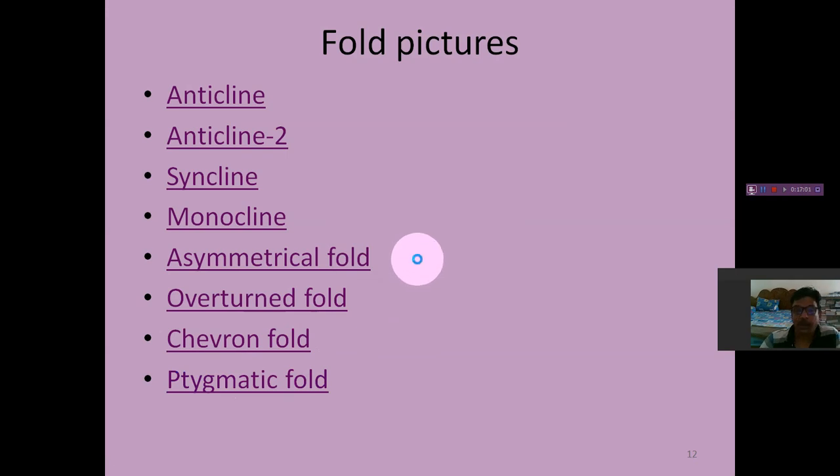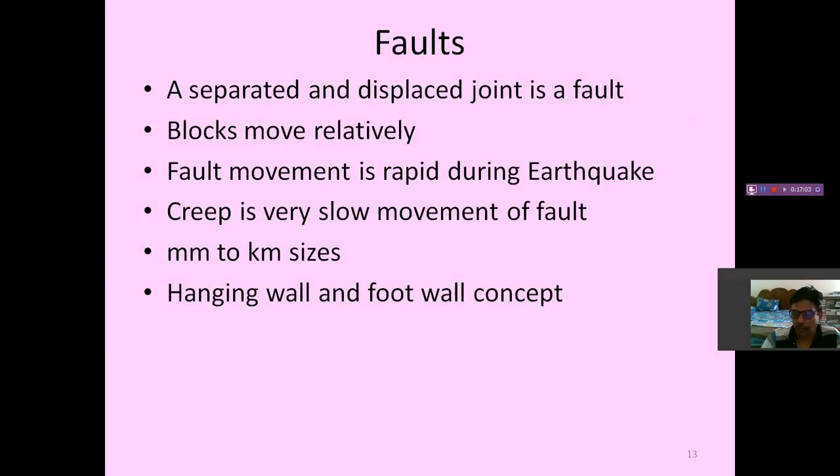Now friends, with this I will come to faults. Faults means when the joint gets displaced, it is known as fault. मेरे पास और एक छोटा किताब है. There is a too small a book. If I keep 2 books here and if I bend like this, one book will slide. So the book that is supporting is known as foot book, let us say foot book or footwall. The other book is known as hanging book or hanging wall.